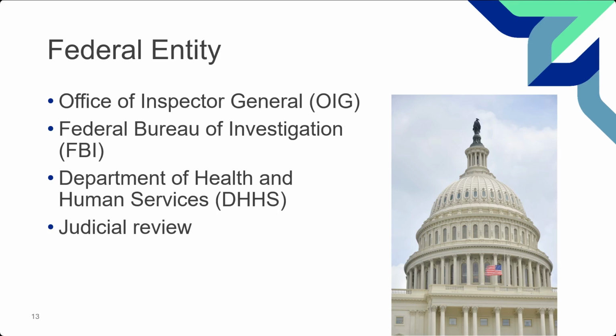The same thing can also happen under the Office of Inspector General. Look, it's not a really big issue, it's just a small issue, or you had this minor thing. Sometimes even place of service can be an issue on a CMS 1500 or 837P, where it means you get less money because you billed for something performed in a hospital versus the physician's office. So those things may not necessarily be a full out, hey, we're going to prosecute you, but they still will find smaller issues as well.